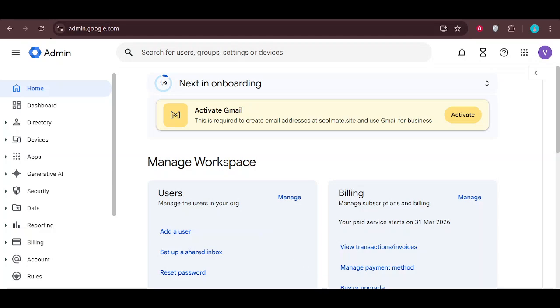In this video, I'll guide you through how to set up Google Workspace email so you and your team can start using professional addresses with your own domain. We'll walk through creating user accounts and making sure everyone has the right Google Workspace license so their email works